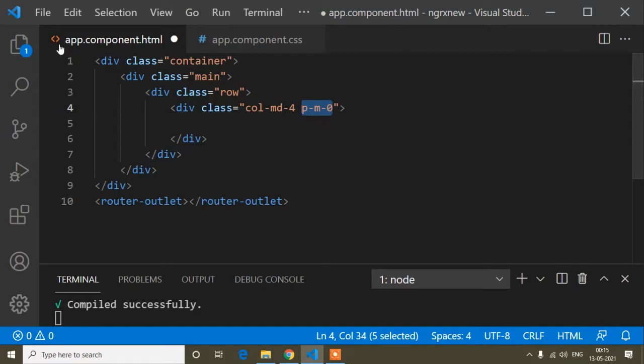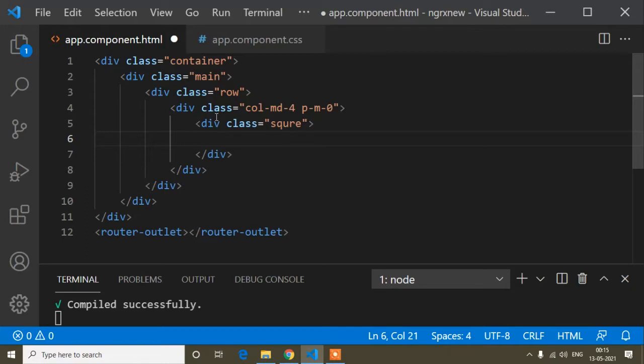Now here I will write a div with class square, and inside this square, first of all I will write a class right. This is a static class. In this square and right classes I will add some CSS, but before that I will write this HTML code.